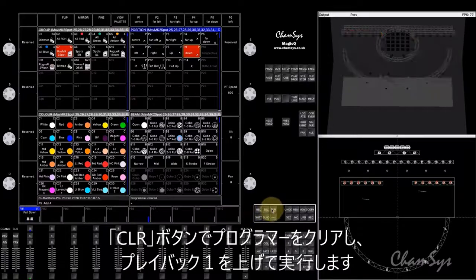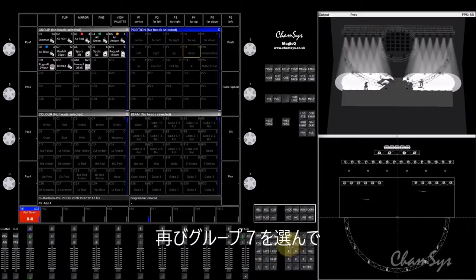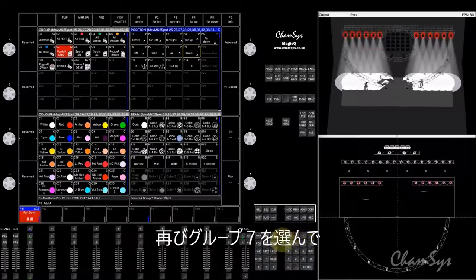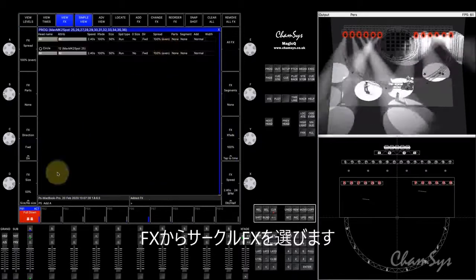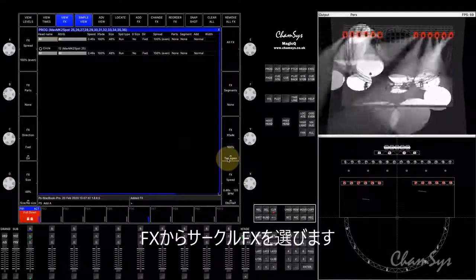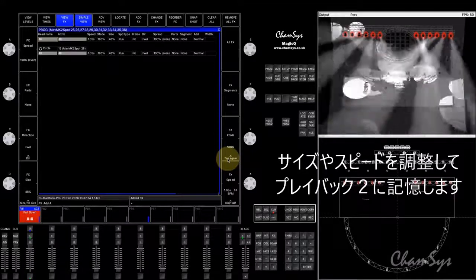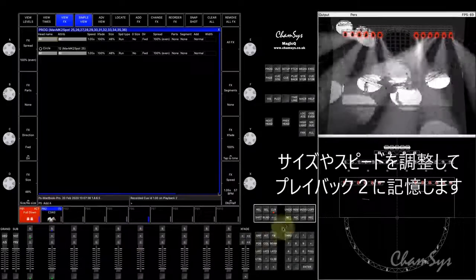Clear the programmer and let's put that on stage. Now let's take group 7 again and we're going to select an FX. Let's have a circle position effect and let's adjust the size and the time until we're satisfied, and then record this to playback 2,